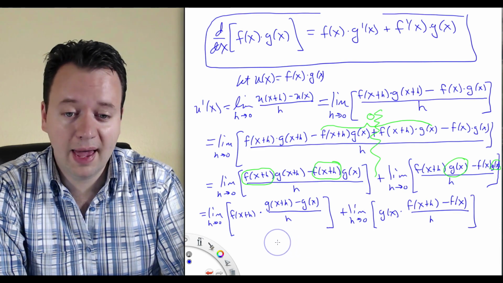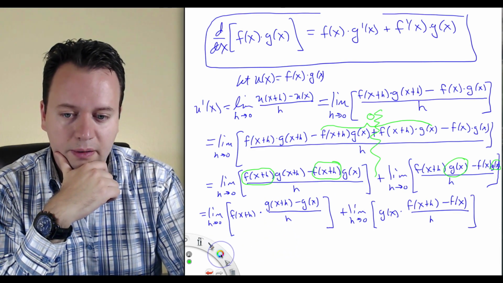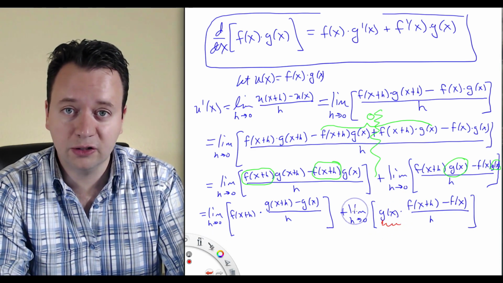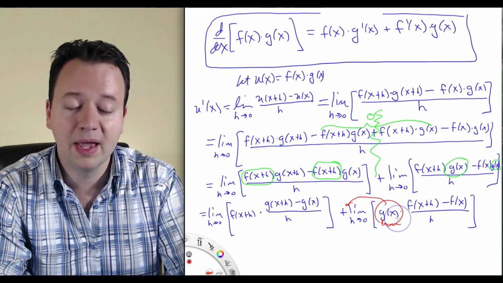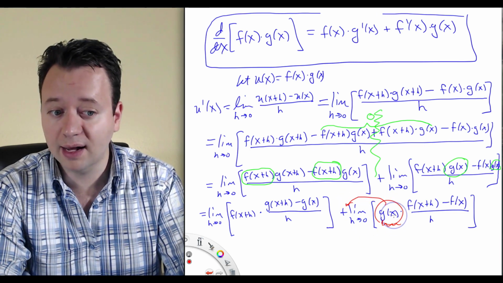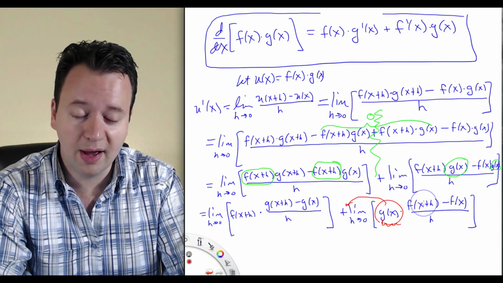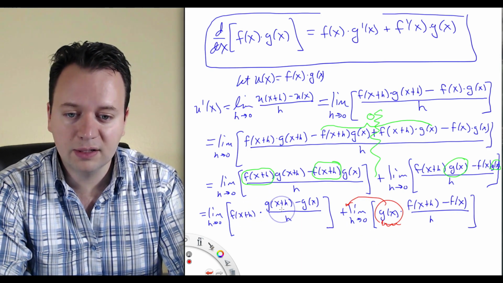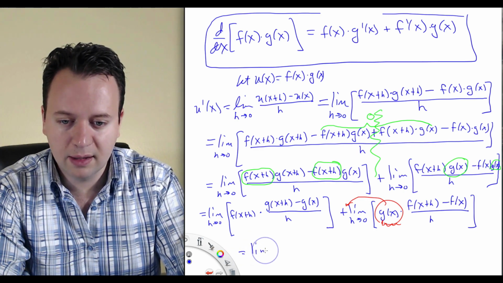So now it's very handy because g of x here is a constant, because we're holding x fixed while we take the limit as h goes to 0. So this guy can freely move outside of the limit, and it's clearly g of x times the derivative of f. It's g of x times f prime of x, because what's left is just the derivative of f. Now this is the product of two functions, which we can then write as the limit as h